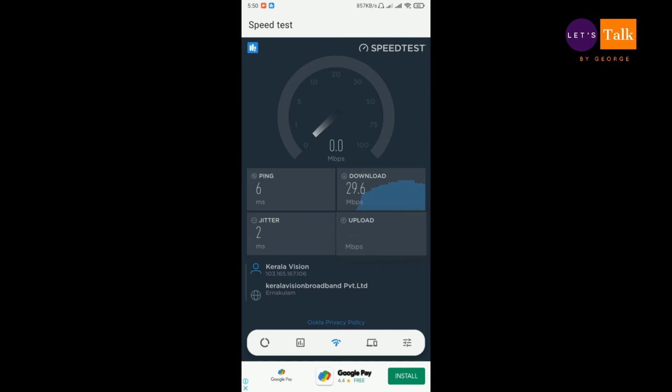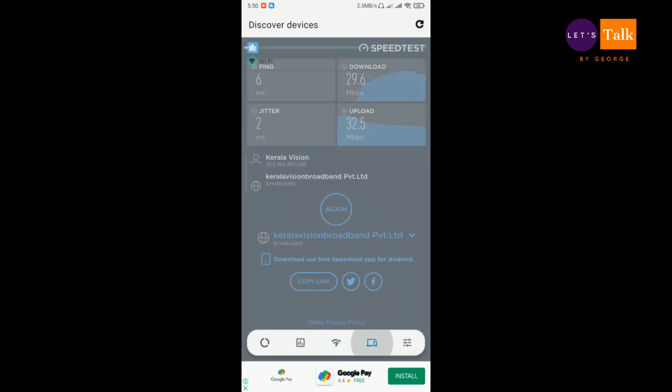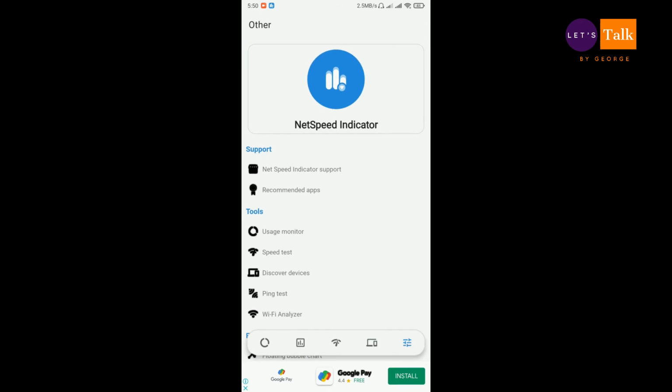I don't need to really complain, this is enough for me. And the upload speed should be around 30, so the needle will come back. Yeah, the needle is coming back, right, somewhere in 30 up, or I don't know. So this is really useful if you want to measure your data connection speed.